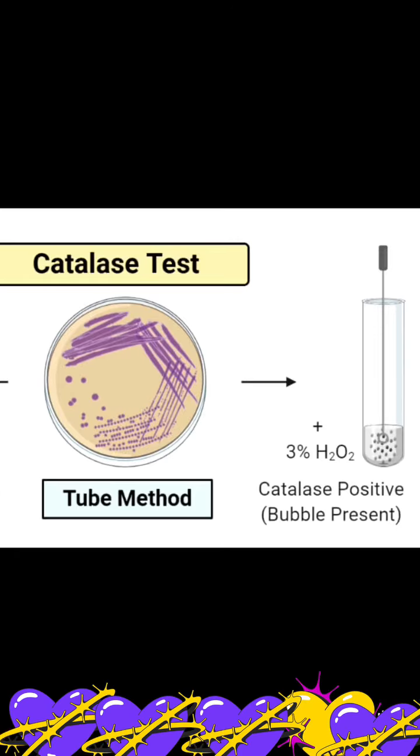Now you need to know the purpose of the Catalase test. The Catalase test is primarily used to differentiate Streptococcus from Staphylococcus, right? Now, why do we need to differentiate between Streptococcus and Staphylococcus? Because differentiation is required to distinguish morphologically similar gram-positive cocci like Staphylococcus and Streptococcus for accurate